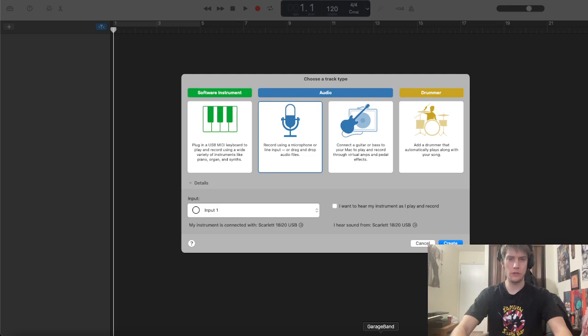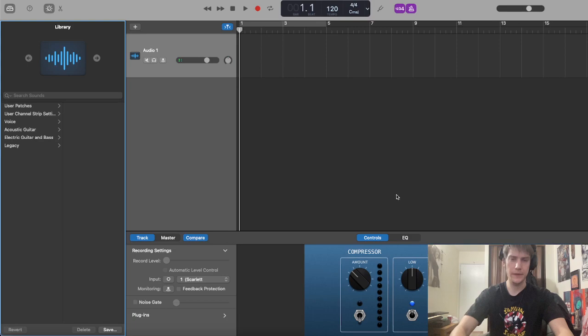All right, this is GarageBand Lesson 1, how to import an audio file. So when you start up GarageBand, it should just come up with a screen like this. Select audio, where you can drag and drop audio files. Hit create. Now you'll notice at the top of the screen we have the tempo, we have your time signature,